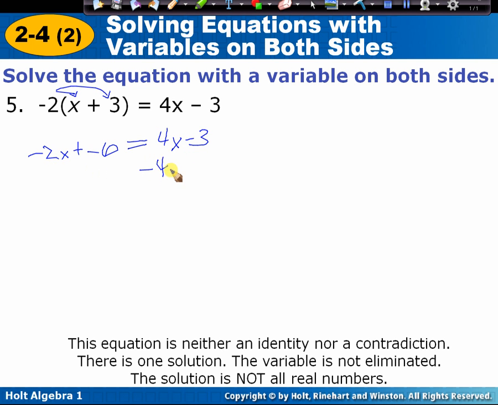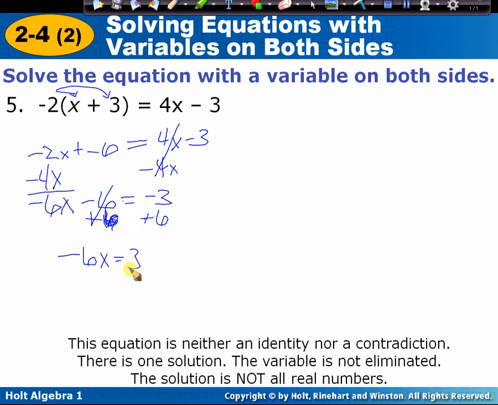We do that by subtracting 4x here, which cancels out, and subtracting 4x here, which gives us -6x minus 6 equals -3. Now we can add our 6. So we have our plus 6, that is a 6, I promise, and then our plus 6 over here, this cancels, and we're left with -6x